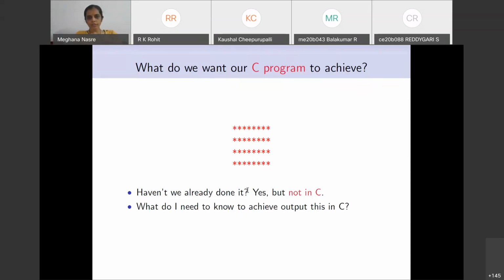Okay. So the next question is, what do I need to know to achieve writing this program in C? Since this program is only printing some strings or characters, the only thing that you need to know is how to give a command which prints something in C. So that is the command for printing in C, and that is what we will learn. But we will also need to learn how to put this command together. What is the structure of the C program, and that is what we are going to see throughout this lecture, and also execute that program.